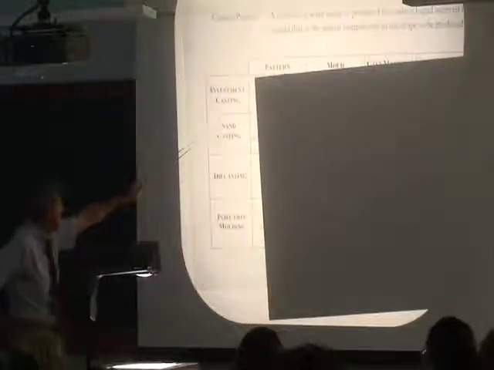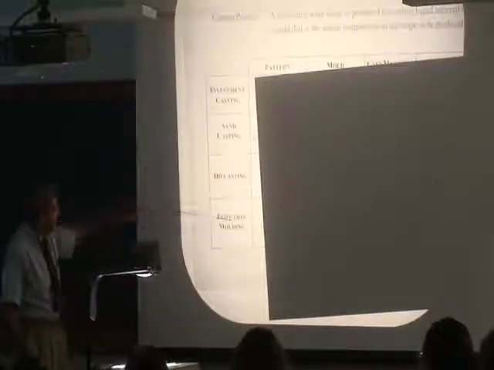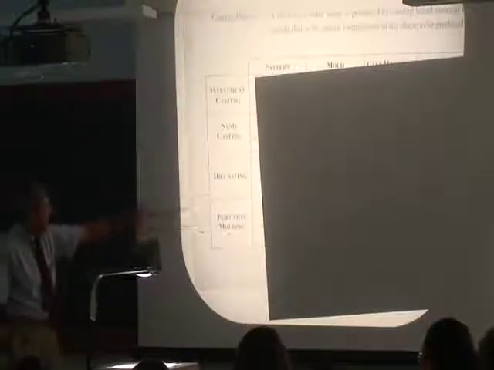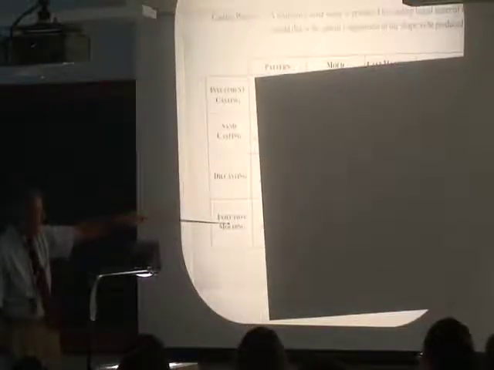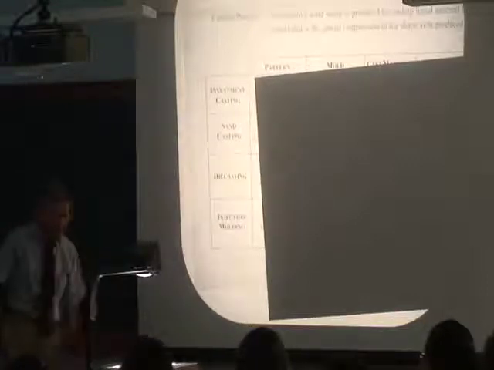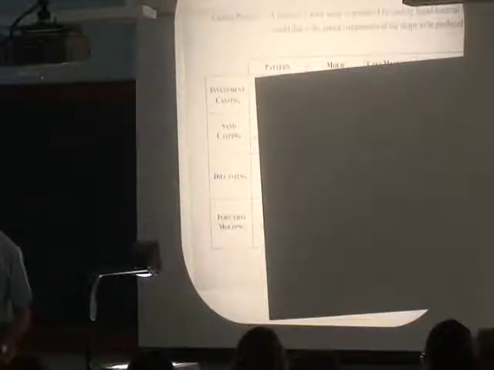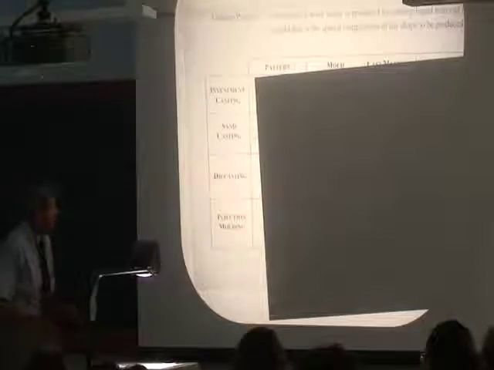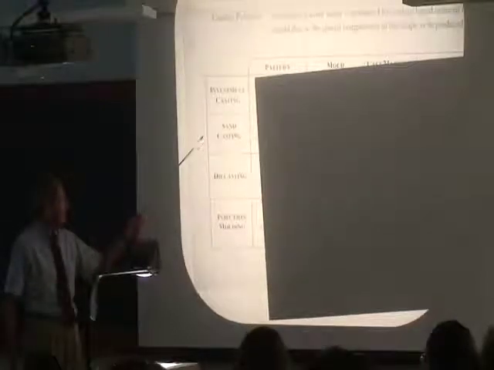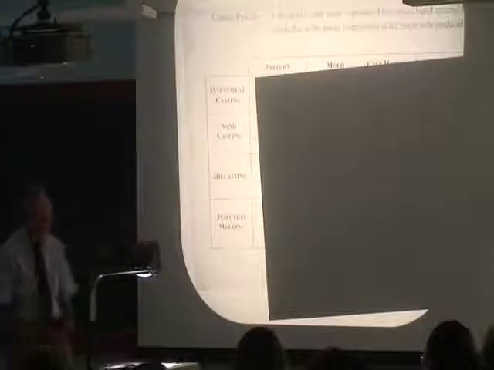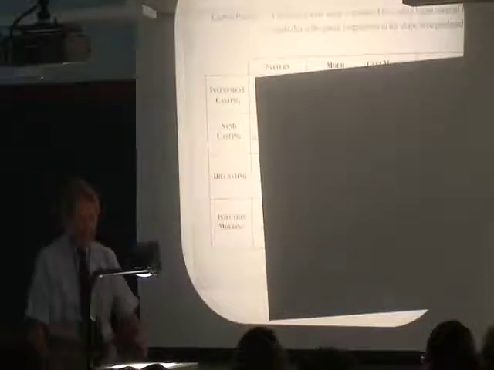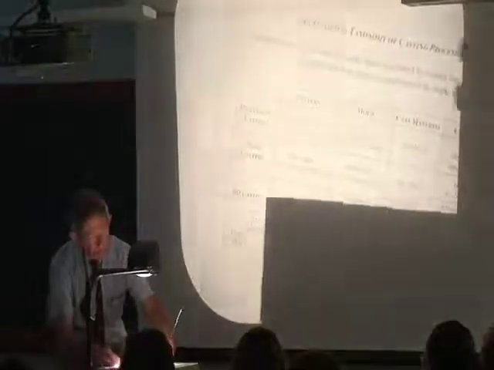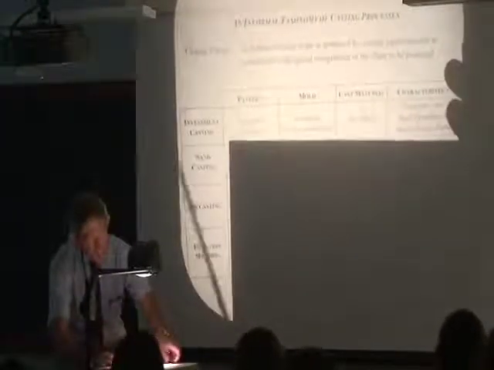Now, there are four families of processes which work this way, and here they are. There is investment casting, sand casting, die casting, and injection molding. These two are quite similar, but this one is for metal, and this one is for plastics. Sand casting is used, well, to a great variety of shapes. Almost all of the engine blocks in cars worldwide are made by sand casting. Almost all of the brake drums for drum brakes are made by sand casting, and so on and so forth. Investment casting is used very lightly. Just look at a couple of these quickly. For example, investment casting.